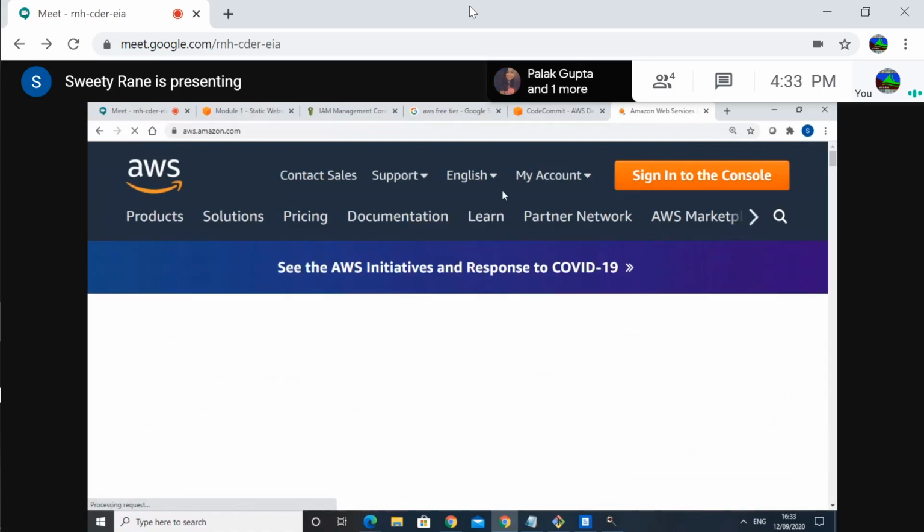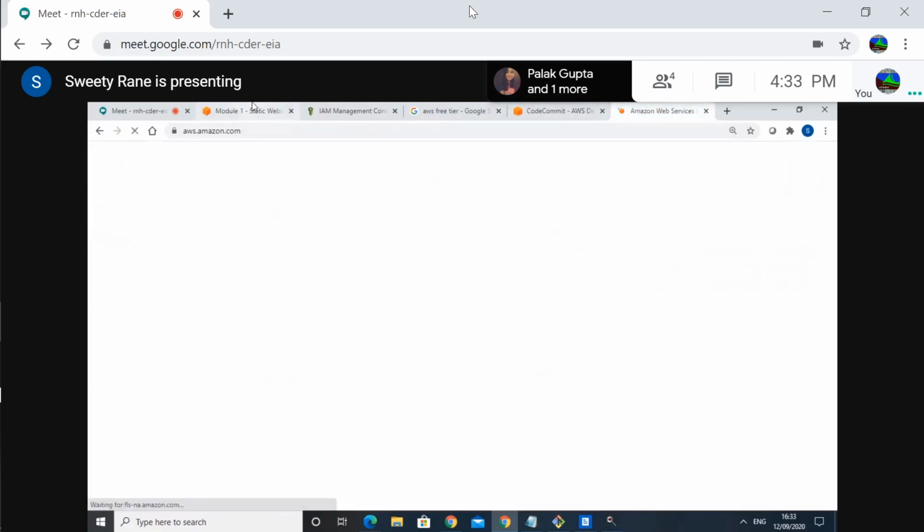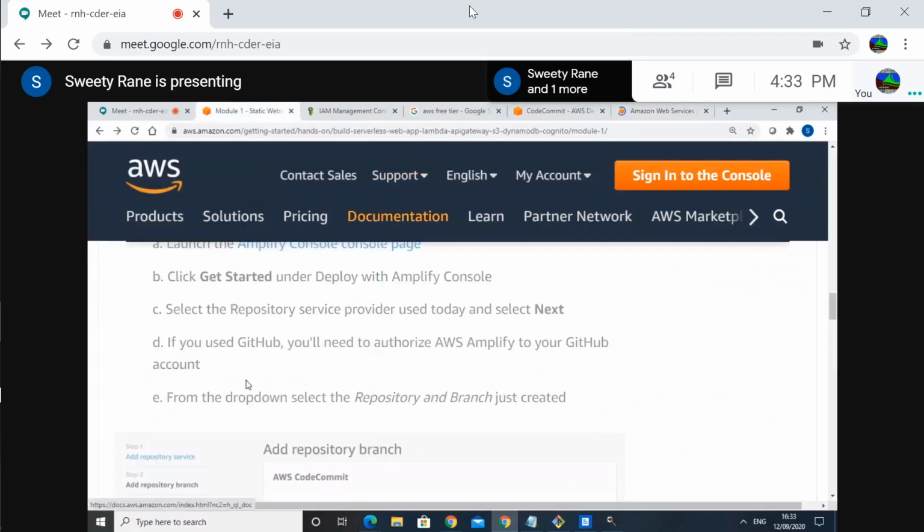Oh, it's trying to sign in. Signing in will take time. Go into your IAM management console. You can use that window. It's already logged in there.